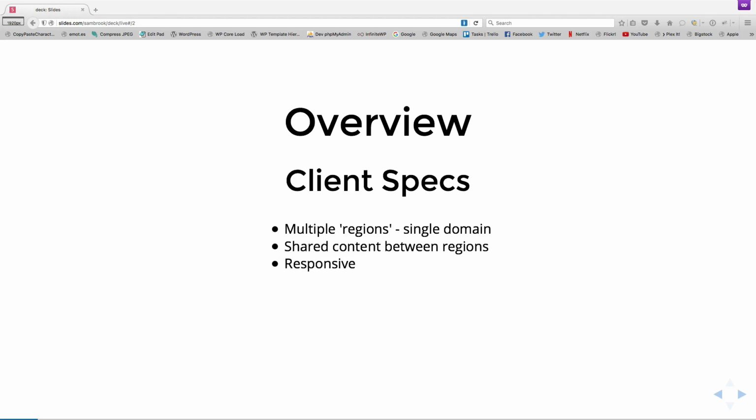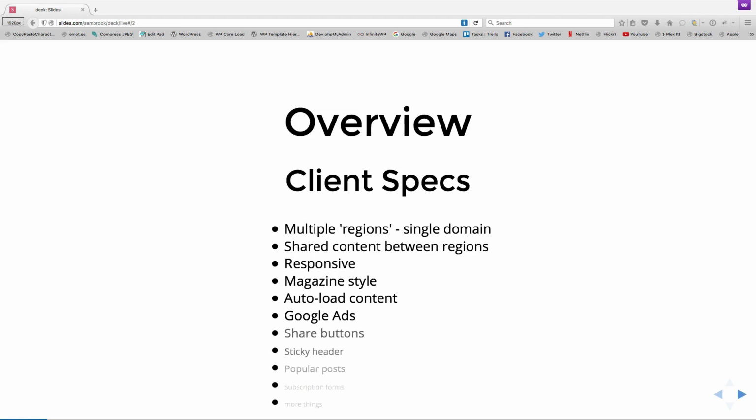Obviously you want it to be responsive, and they want it magazine style and feel. They also want the auto load, magic loading content, so as you scroll more content just appears. They also want to use the Google Ads, share buttons, and the rest of the stuff that I won't cover. So from a dev perspective,